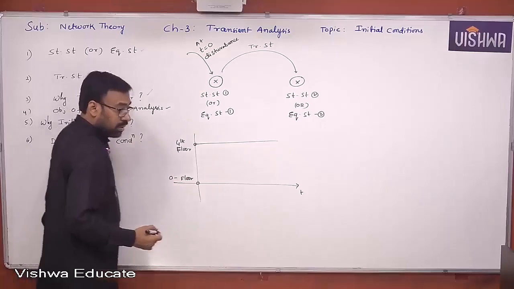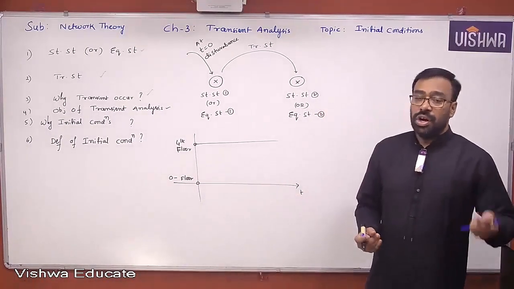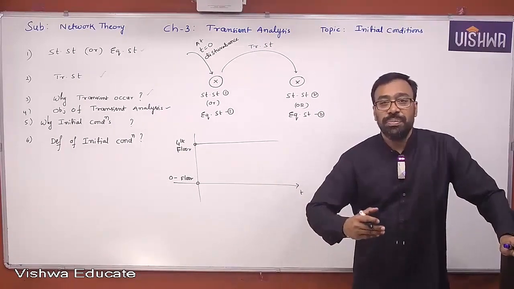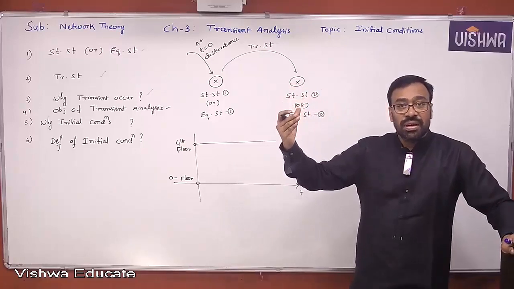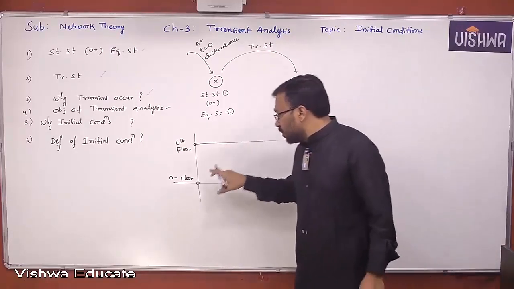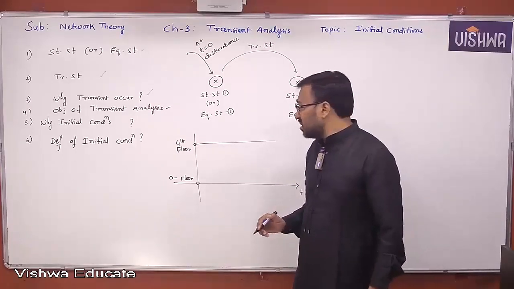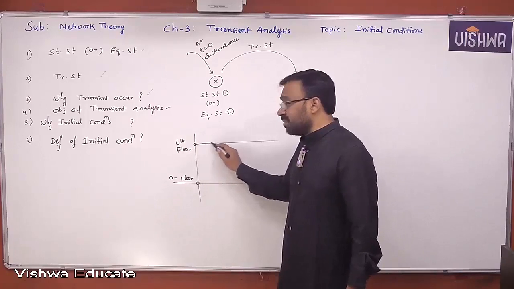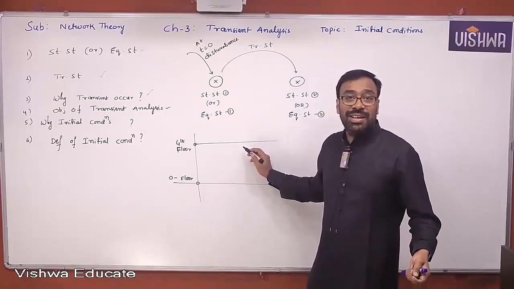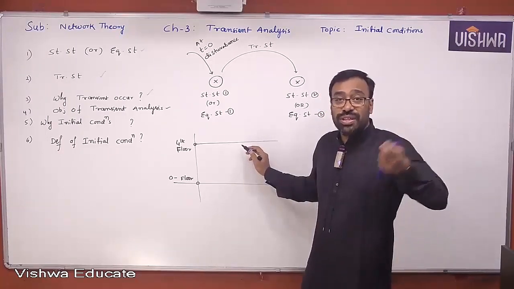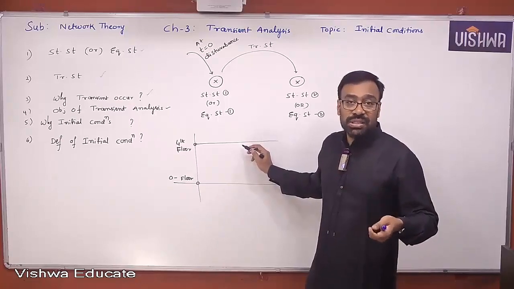Then, do you think that the elevator will reach the 4th floor immediately in 0 time? Not possible. Because of the inertia, it will slowly pick up speed and reach the 4th floor. Yes or no, all of you? Suppose, as soon as you push the button of the 4th floor, the elevator reaches the 4th floor in 0 time, is it really a desired response? Definitely not. Suddenly reaching the 4th floor is not really advisable. It's not a desired response. It's not convenient to us.